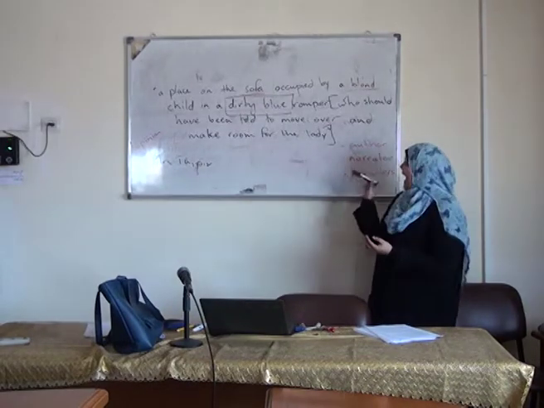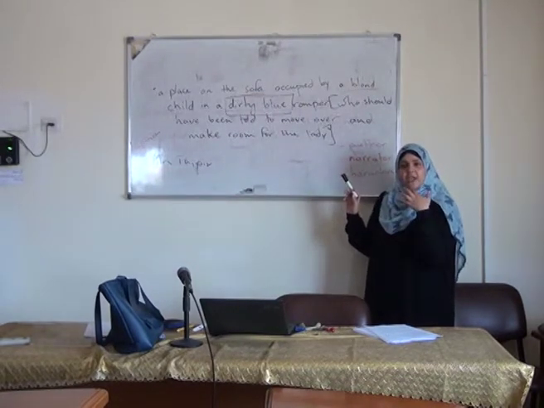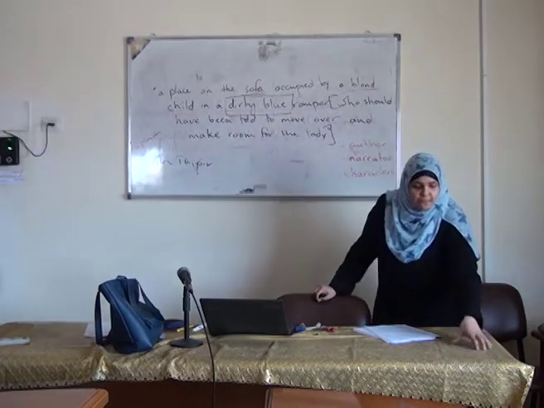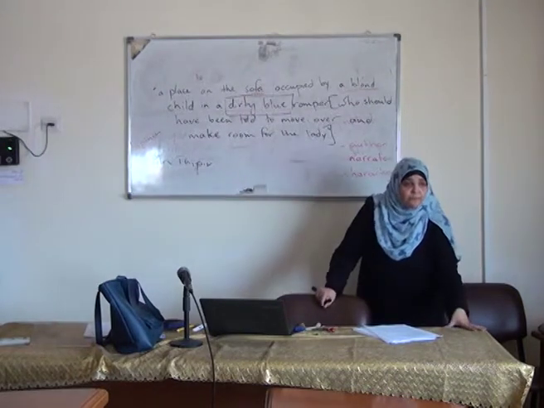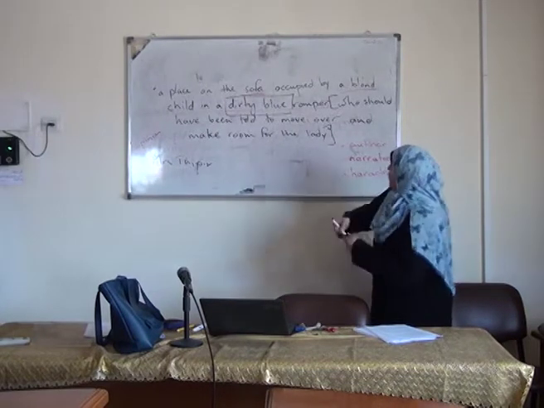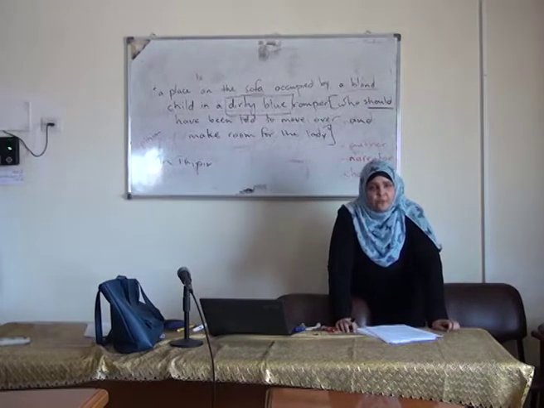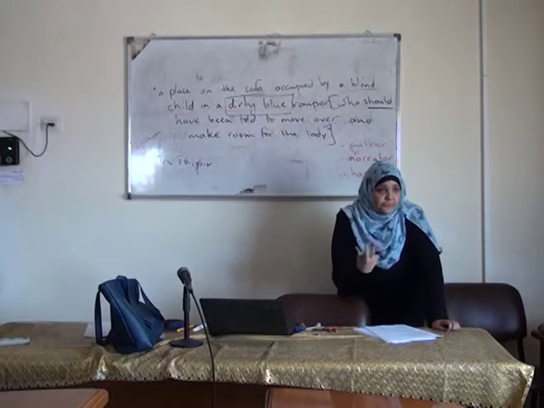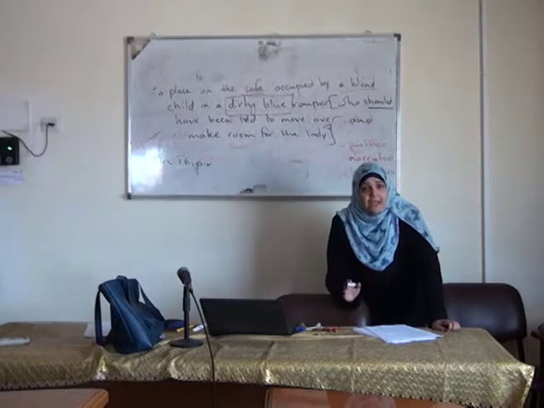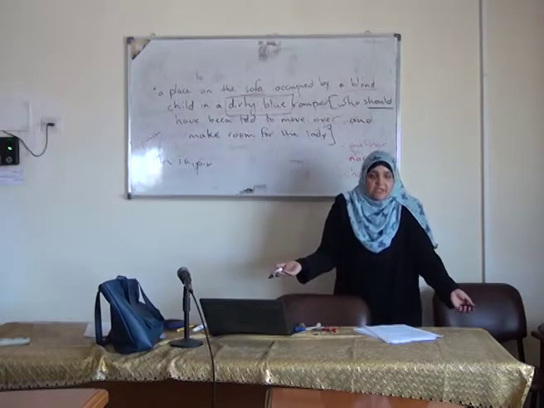So now we know how the character inside the story sees the place. Maybe the narrator, the author, could have said this child was wearing a blue t-shirt or a blue romper which was dirty. He could have moved instead of should. He could have moved, but he did not. Now, he could have moved sounds more objective, more neutral. It's said more neutrally when you say, well, he could have moved, but he did not. We know that it was an option, but he didn't pursue it. We know that it was an option and he just didn't do it.